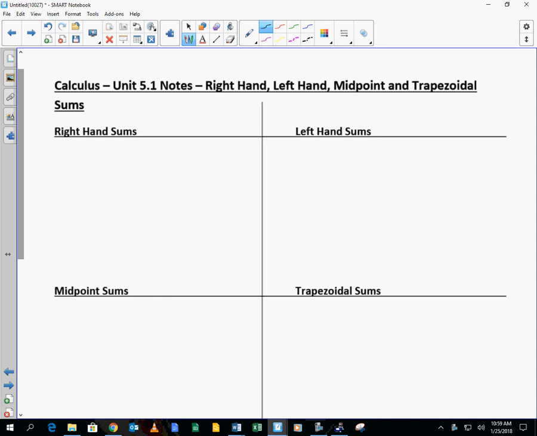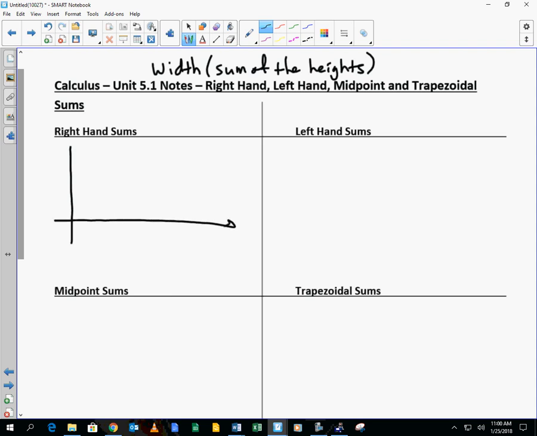Let's formally put some ideas together for right hand, left hand, midpoint, and trapezoidal sums. Yesterday we just focused on right hand, and this was the idea that we used. We took the width times the sum of the heights. We'll show you the sigma tomorrow. So for the right hand sum, if I draw a small picture here where I've got a function